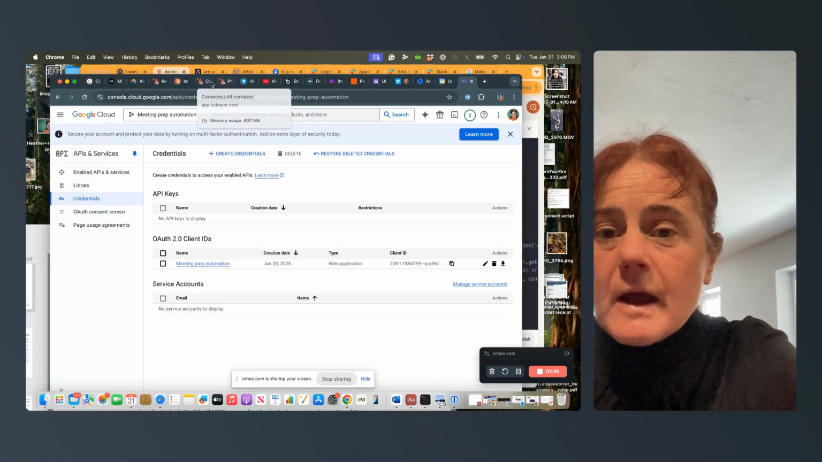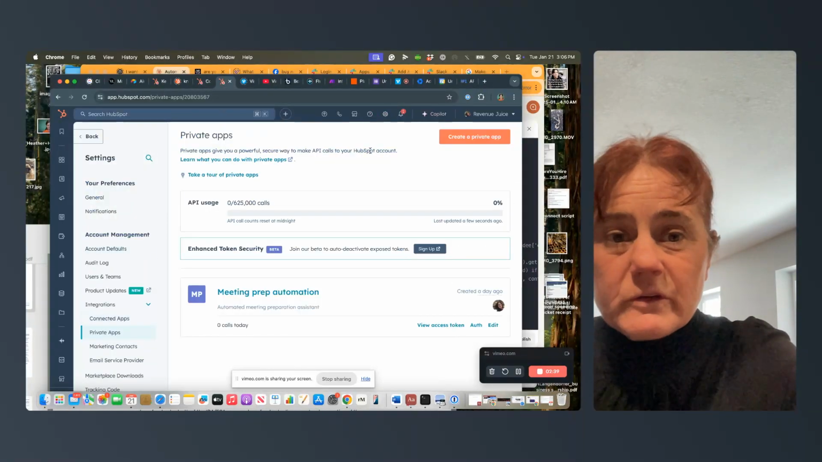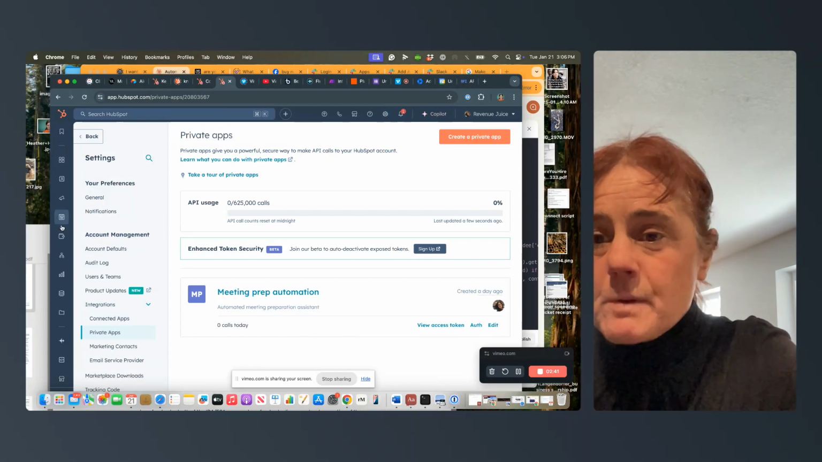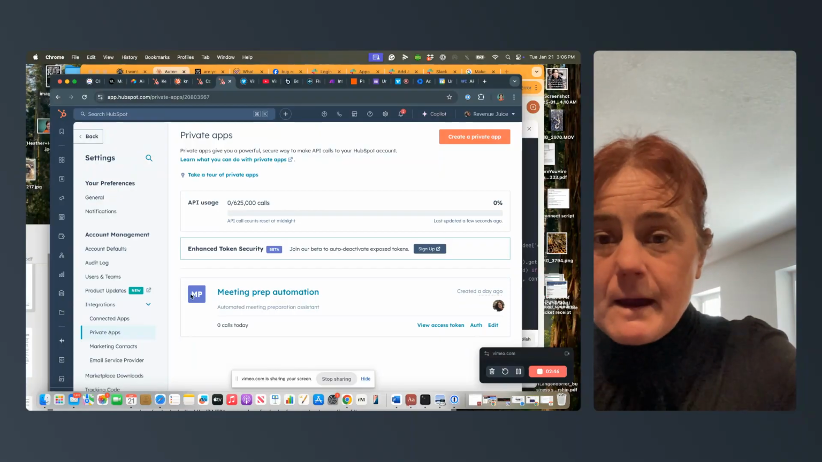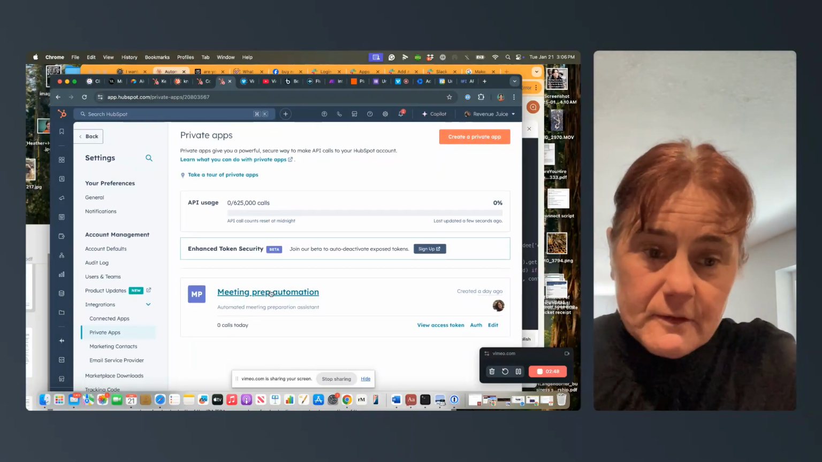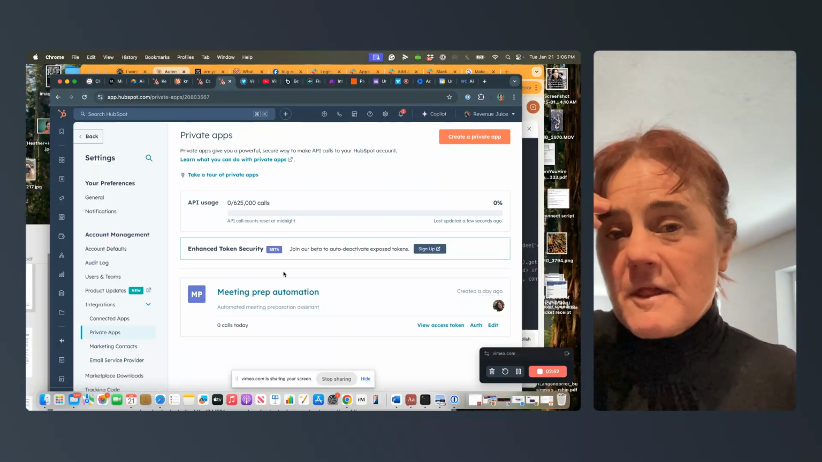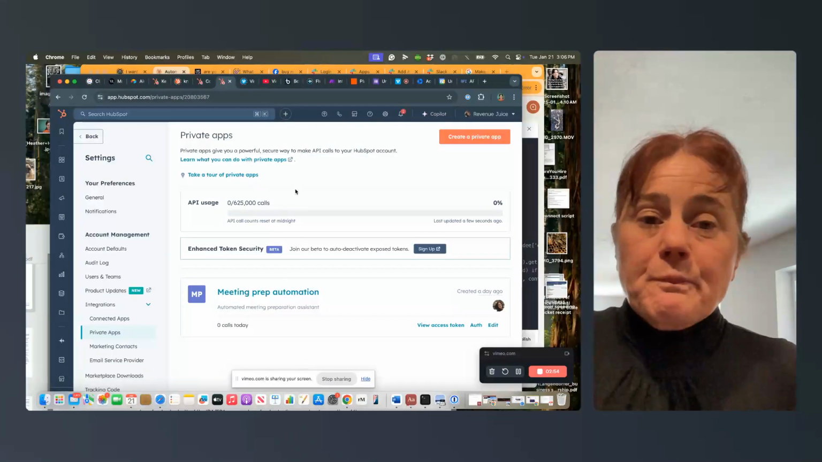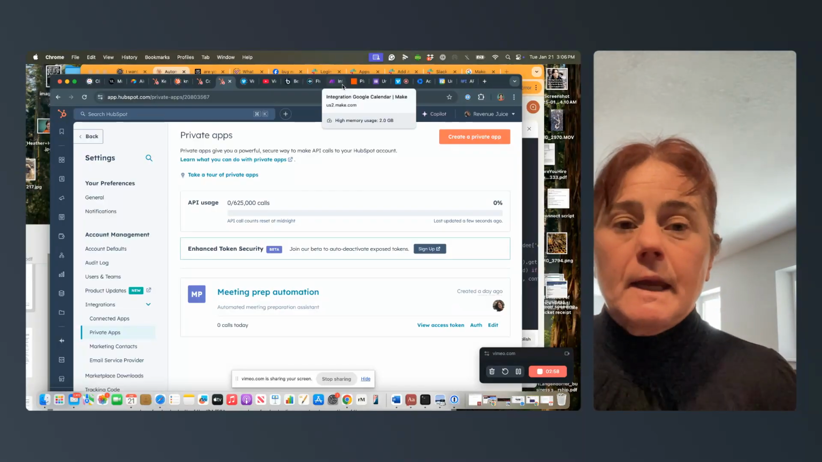And then inside of HubSpot, we created a private app, which is you click here, the settings button, you scroll down, it's under integrations, private apps, and we created this custom app. So then what we did was we had to figure out how to connect them. And